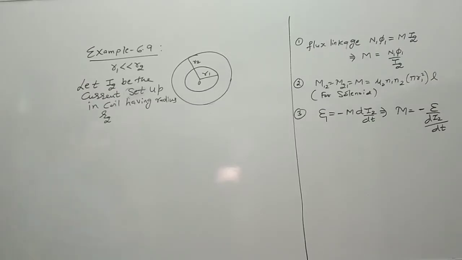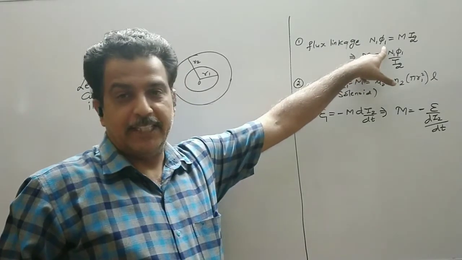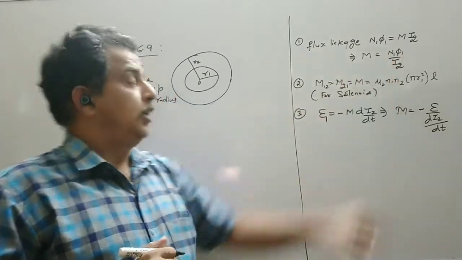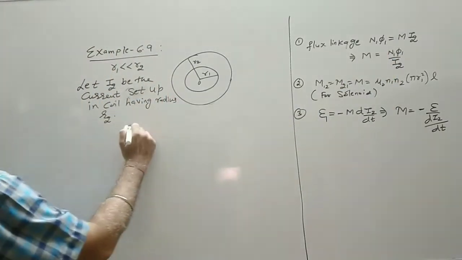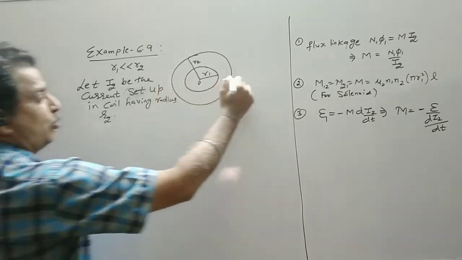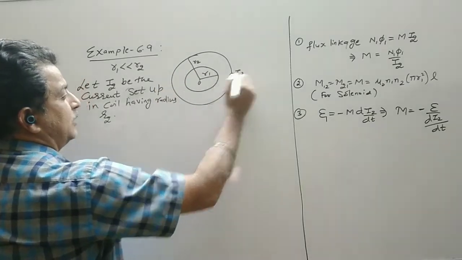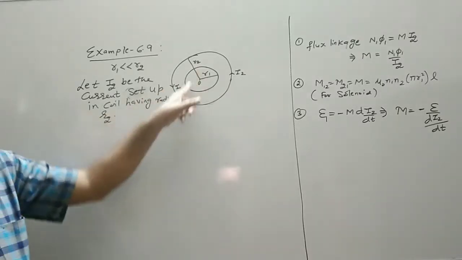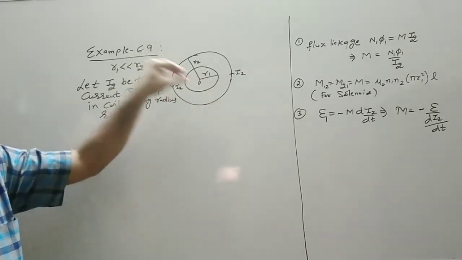Now we know that when we write the formula for the flux, that is BA, the magnetic field is of the source. So first we find out the magnetic field of this coil. Suppose the current passed through this is I2. So this entire coil 1 will be immersed in it.